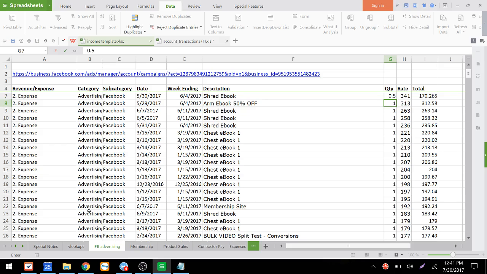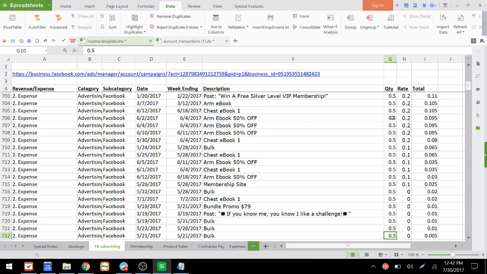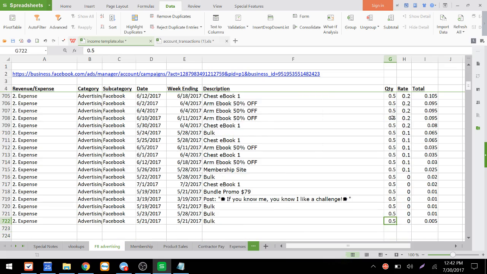Okay, so this is going to be 0.5, and I'm going to put a 0.5 here. All these are 0.5 because that's the only thing that we eat on the expense. So I'm going to expand that down and take a look, and it is 0.5. So all these are 0.5.